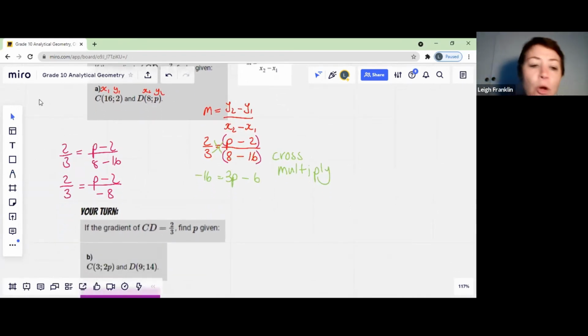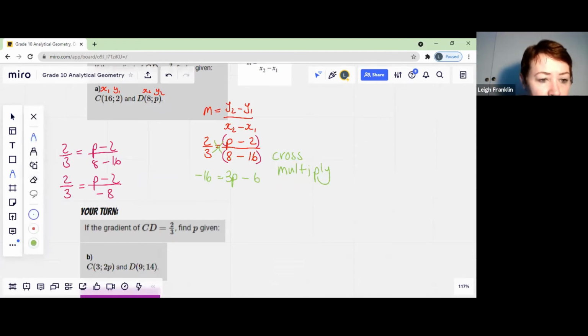Okay. Now I'm going to cross multiply. I'm going to multiply negative 8 and 2 together. So negative 8 times 2 is negative 16. Negative 16. Good, yes. And now, Katlego, I have to multiply 3 with P, but it's not just with P and negative 2. It's got to be P minus 2. So now I'm just doing distribution. So in other words, what I'm doing is this. 3 times P minus 2. Okay, so that means that I'm going to end up with,